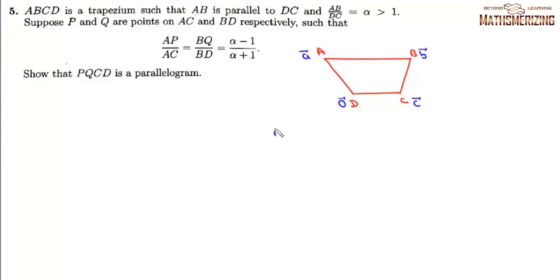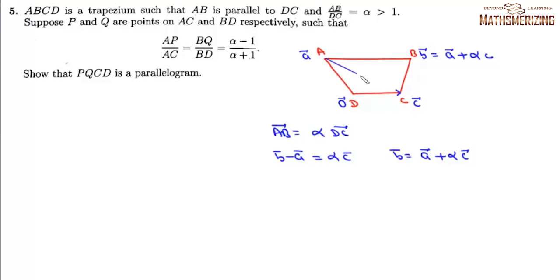Now we are given that vector AB is alpha times DC. Now AB is B minus A and DC is simply C. So we can write this B as A plus alpha C. So this position vector of point B will be A plus alpha C. Now it says that we have a point P on AC such that AP upon AC is alpha minus 1 upon alpha plus 1. From here we can say that